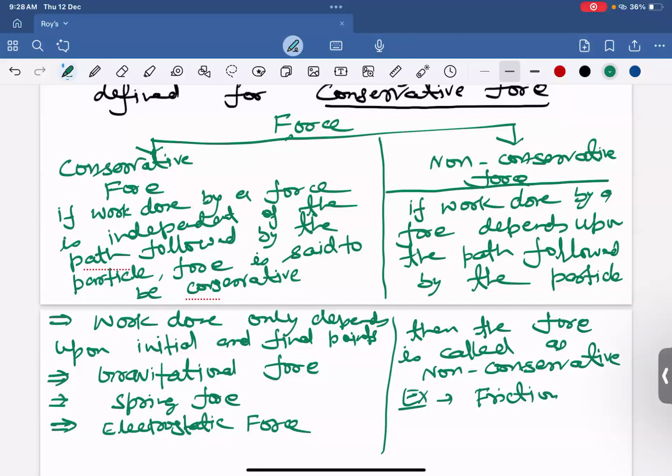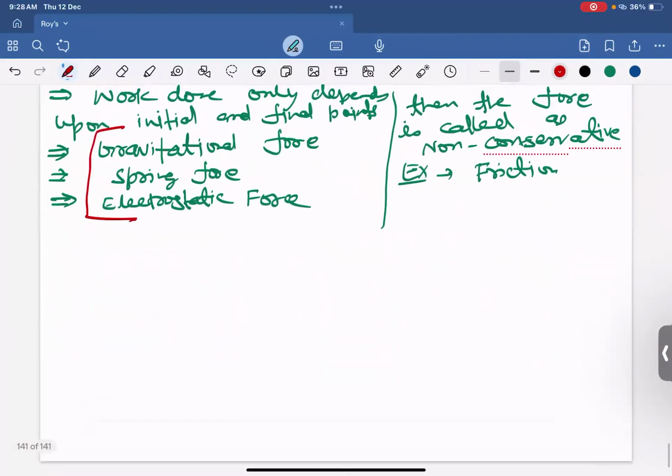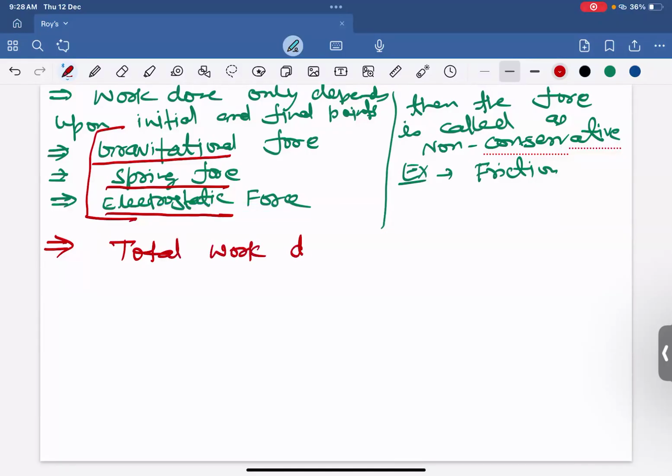Yes, sir. Done. Okay. So you can see only these three forces are conservative. So you will get only three types of potential energy: gravitational potential energy, spring potential energy, and electrostatic potential energy, because there are only three such forces. One more thing you should write in this conservative force: total work done